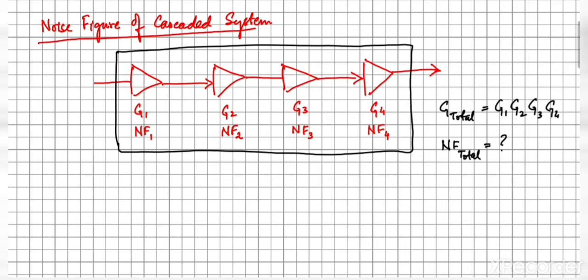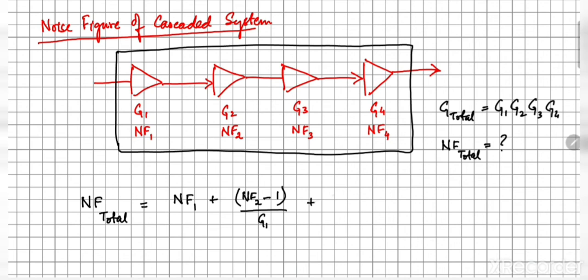So that is our main interest, and it can be shown through very simple, algebraic means, and it's very similar to the way we computed noise figure of the system on the previous slide. It can be expressed as follows: NF total will be equal to NF1, which means the noise figure of the first element, plus the noise figure of the second element minus 1 divided by G1, where G1 is the gain of the chain up to this point, up to the input of the second component,